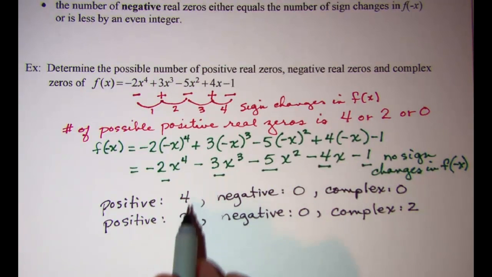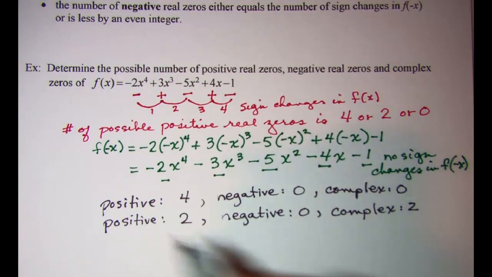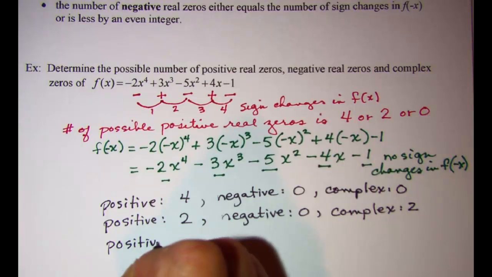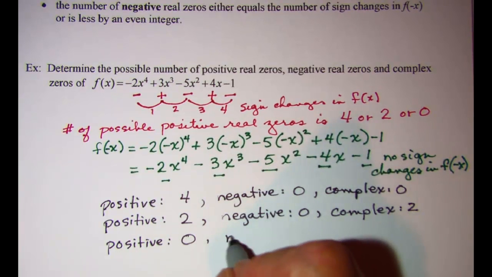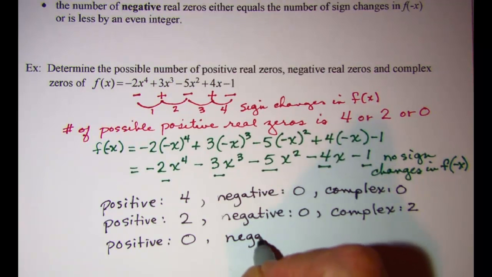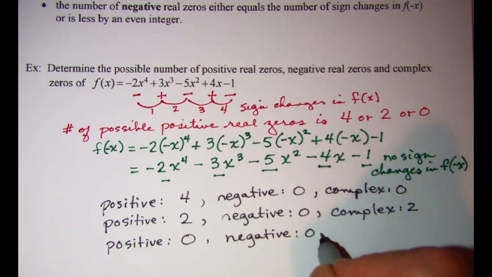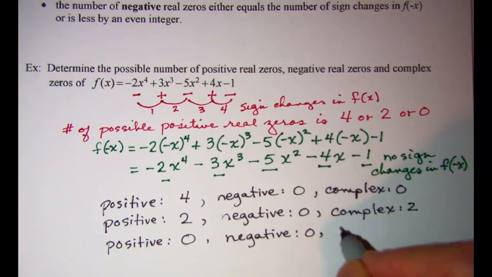And then finally, I could have no positive real zeros. And again, I can't have any negative zeros. Which means that all of my zeros will have to be complex zeros. So complex